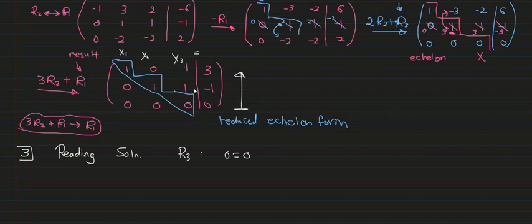And then row 2 says that we have x2 plus x3, because it's 1 times x3, equals -1. And row 1, we have x1 times 1, because x2 is eliminated, and x3, so it's plus x3 equals